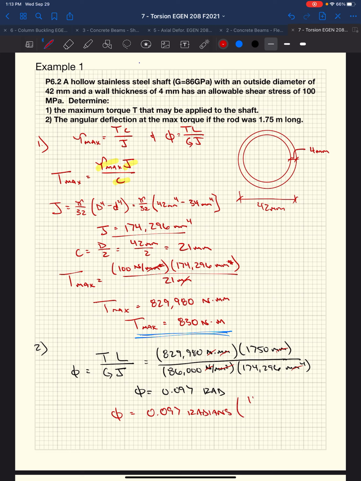If we multiply that by 180 degrees per pi radians, there are 360 degrees or 2 pi radians in a complete circle, so there's 1 pi radians per 180 degrees. If we want to convert this to degrees,